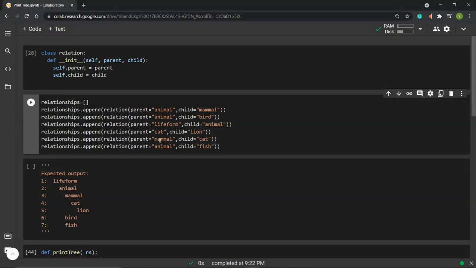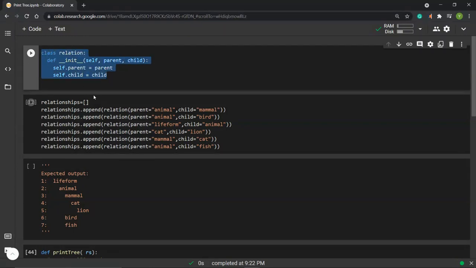Next one, the parent is mammal, child is cat. And the last one, the parent is animal and child is fish. And then we put all these relationships into this relationships list. So as we can see,